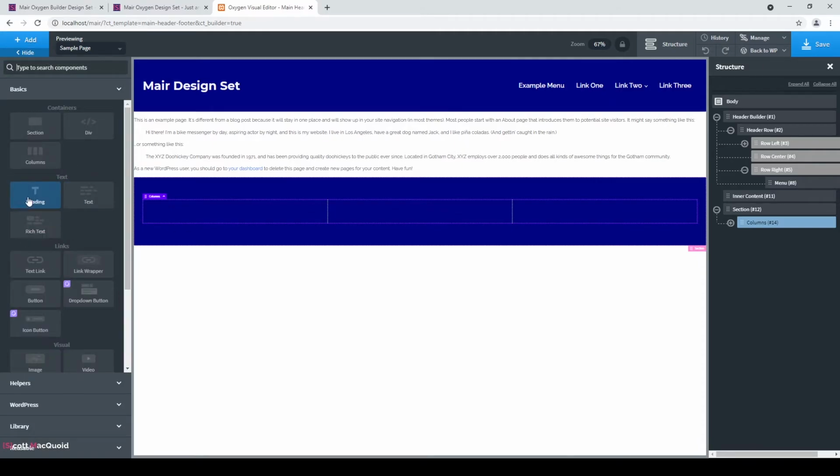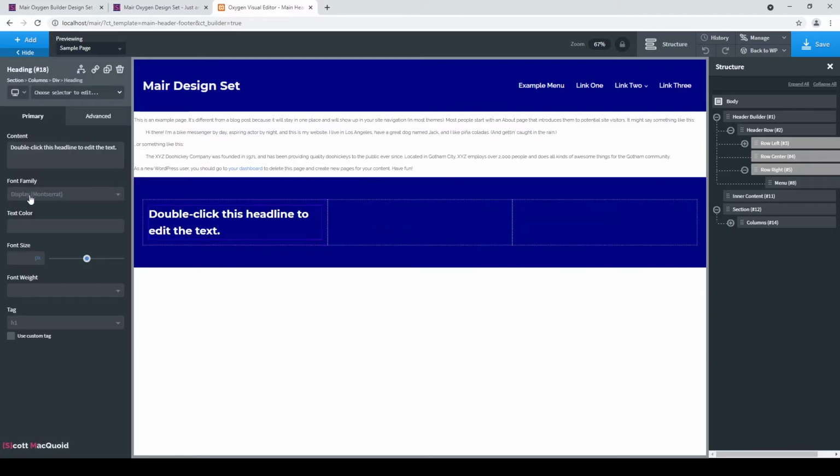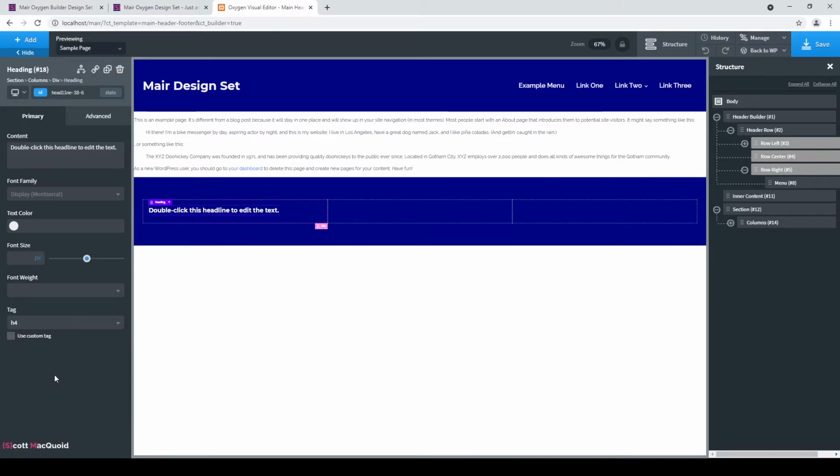The first one will add a heading. Let's make that an H4. I think that's good. Type in contact info. Let's add a class here. Footer